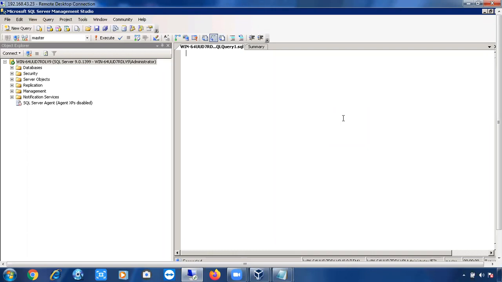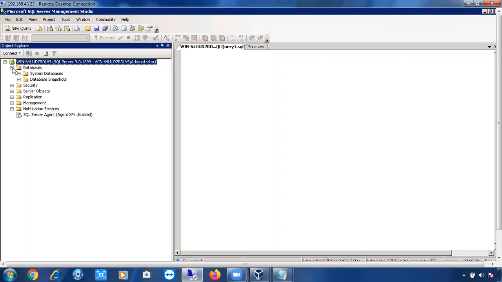SQL Server understands only query language. We may know queries for some things, and not for others. For example, if you click on this plus button to expand databases, whenever you click on plus, there will be one query running in the background. Whenever you click on the minus button, again one query runs in the background.